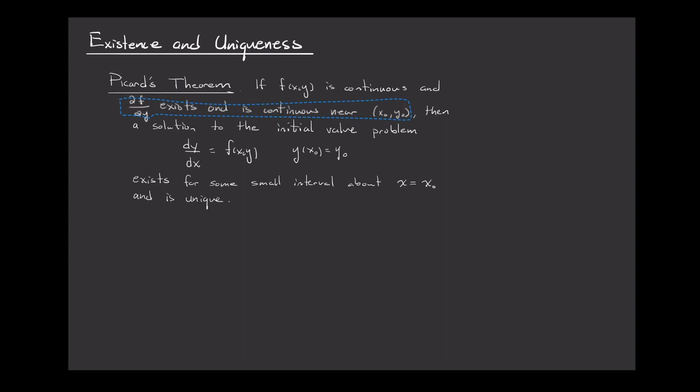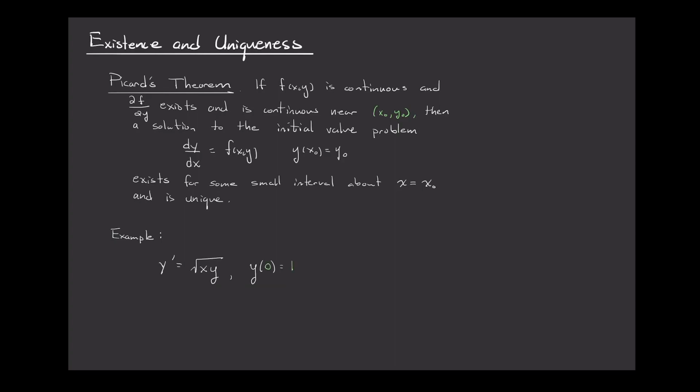Let's look at a specific example. So here we have y prime is equal to the square root of x divided by y. And then the initial value point of 0, 1, x being 0 and y being 1. If we want to know whether Picard's Theorem applies, we want to check the antecedent conditions and see if they hold in this particular case. The first part of the antecedent says that f should be continuous near this given initial value point. So just to highlight, this initial value point here is exactly the same initial value point that's given in the